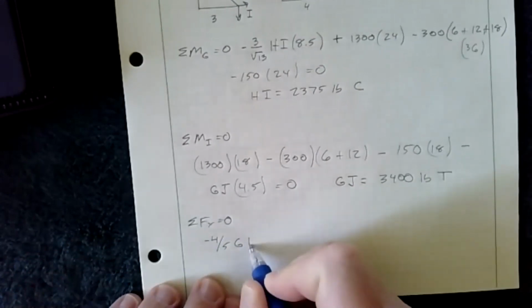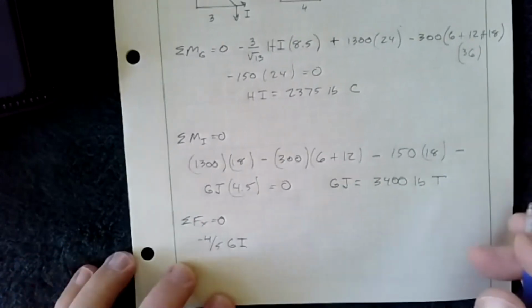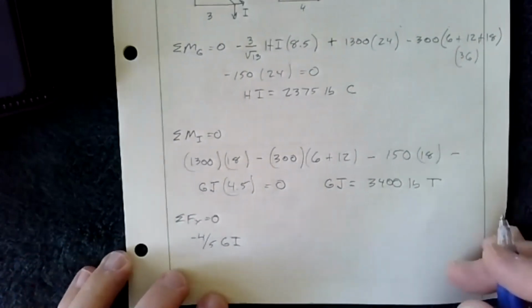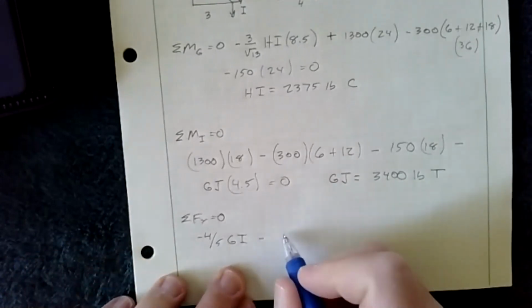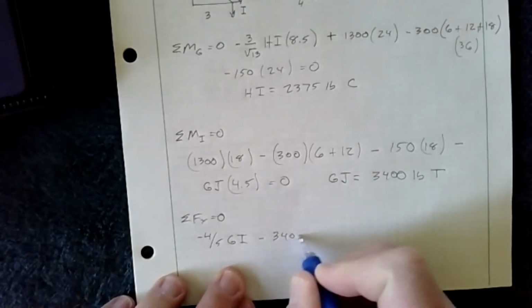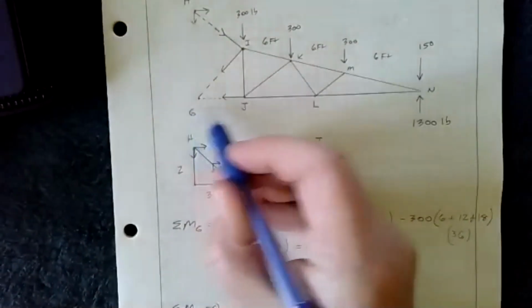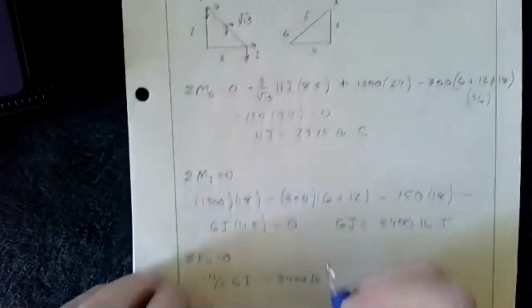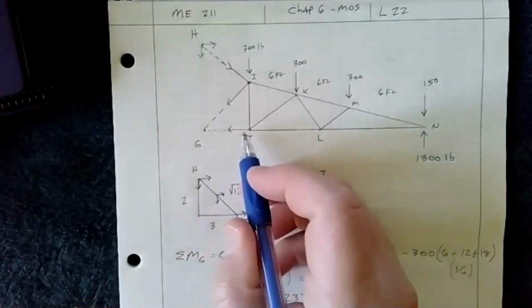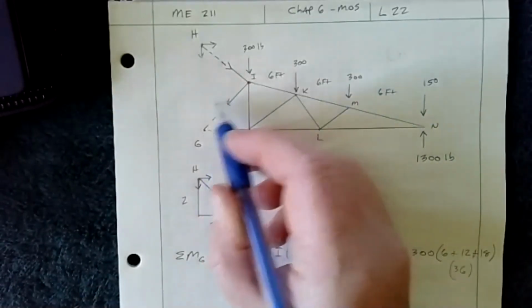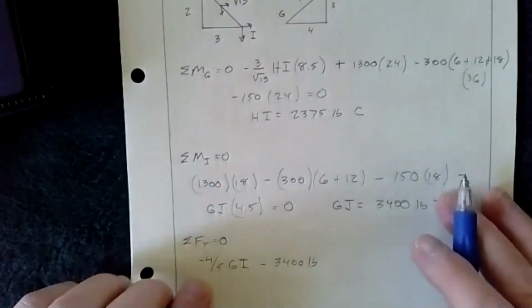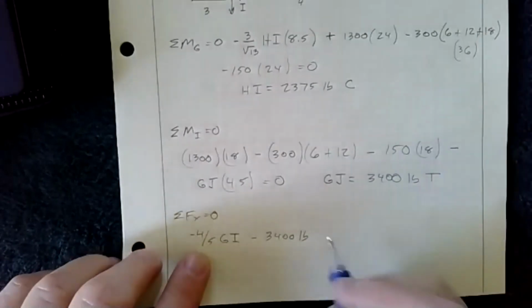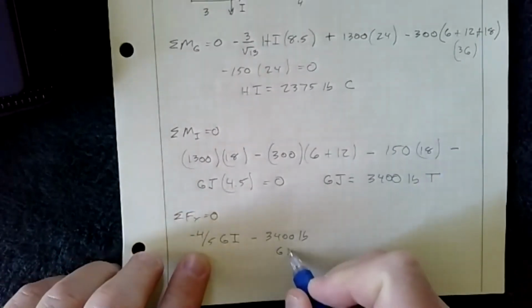Now again, I'm assuming that GI is going left, or tension, and then minus 3,400 pounds, right? So 3,400 is this GJ, which I just solved for. So 3,400 going that way, the horizontal component of that going that way, which is just 4/5, and so that in there,